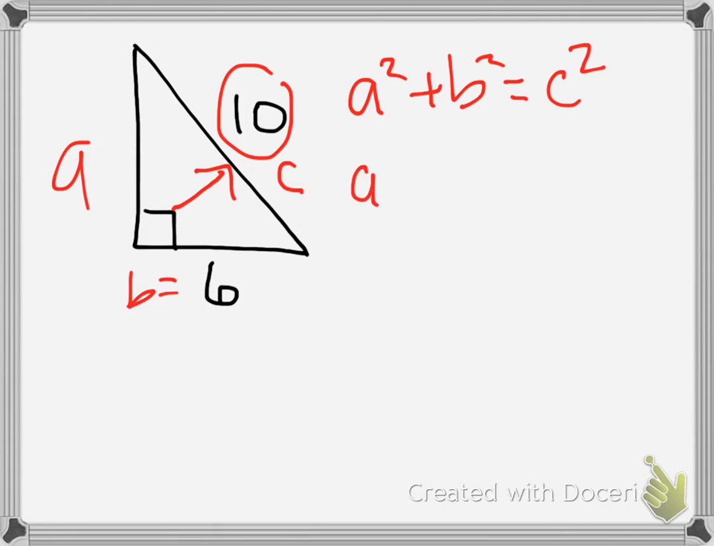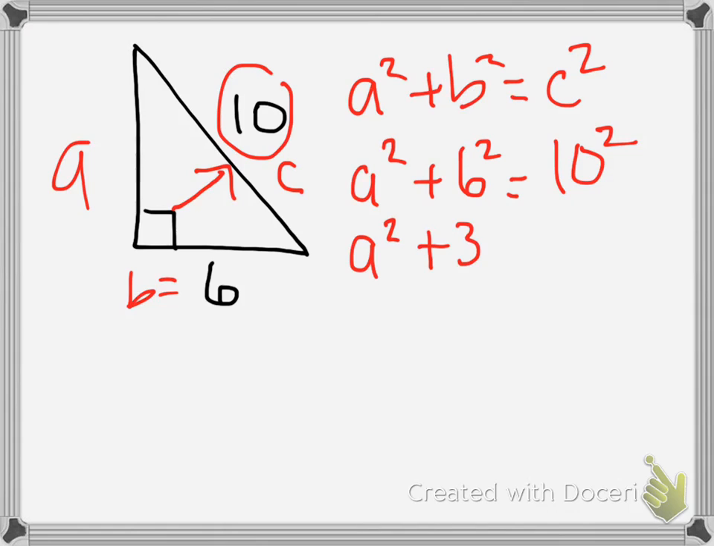So I have a squared, because I don't know what a equals. I'm using 6 for b, so 6 squared, and c is 10. 10 squared for c squared. All right, I need to multiply my 6 times 6 is 36. 10 times 10, 100. And now I need to isolate this a squared, which means I'm going to solve this